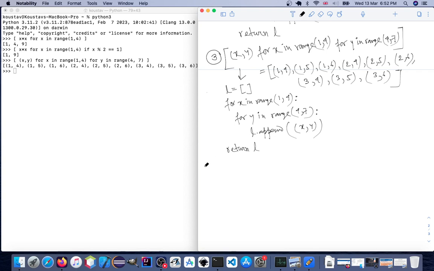So what will be the list comprehension statement for that? That will look like, I'm not sure if it will fit, x comma y for x in range 1 comma 4, then for y in range